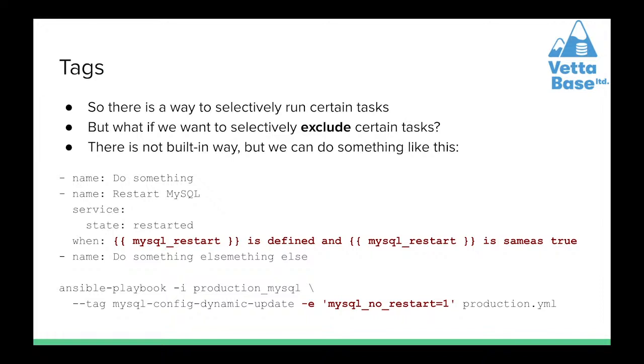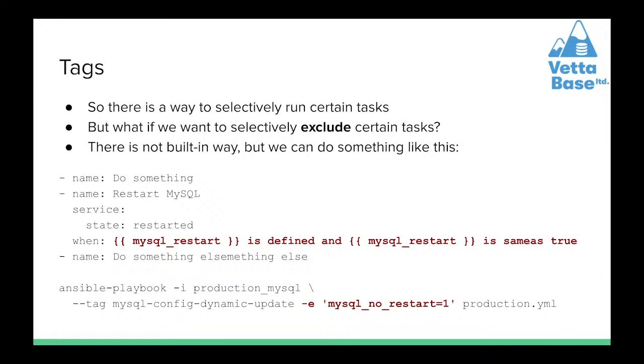We have some task that does something, then we have a task to restart MySQL, and then in this task we have the when attribute. Basically, we check if a variable exists, a variable called MySQL restart, and if it is set to true. Okay, we don't want to define such a variable in a file, right? Because this is something we optionally use